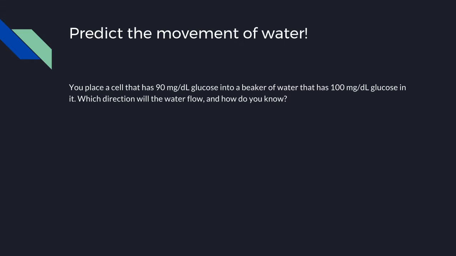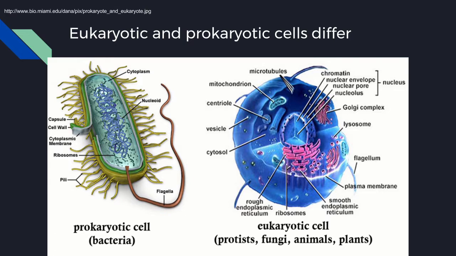Why do we care about any of this stuff? Well, diffusion and osmosis is kind of a big deal, especially with us. We are eukaryotic organisms. And the only other term that you may have heard of is a prokaryotic organism from when you took biology once upon a very long time ago. Without going into the super nitty-gritty between these two, the major difference for our purposes between eukaryotic and prokaryotic cells, again, this is just our purpose, there's more than just this, is